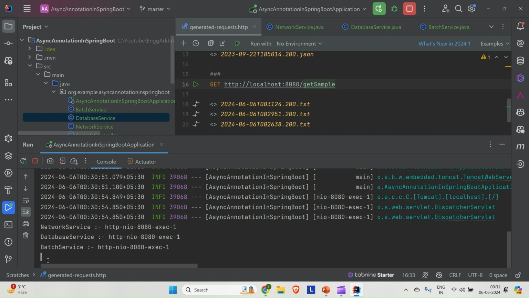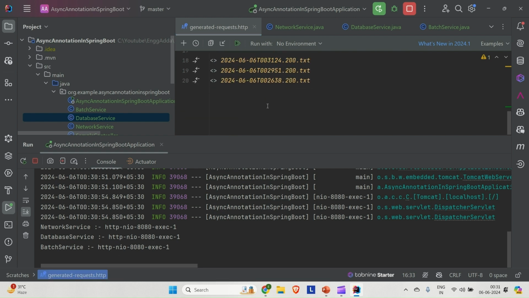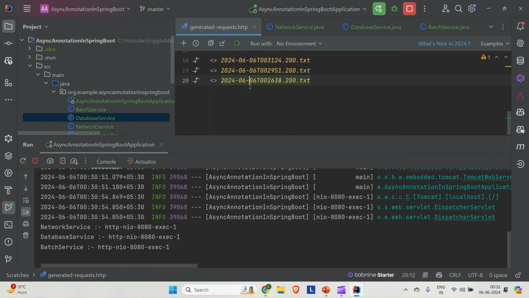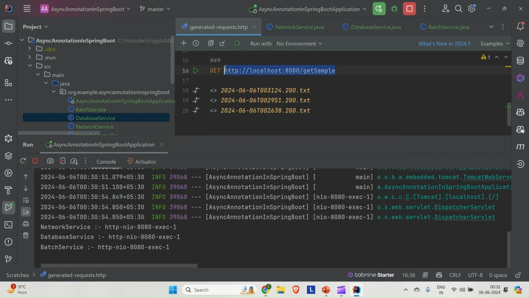It is taking so much time to return the response. Here, if you go to this where we are seeing those things, or what I can say is, let me try to do one thing again. So what I want to explain here is, when we have introduced the sleep in all the services,